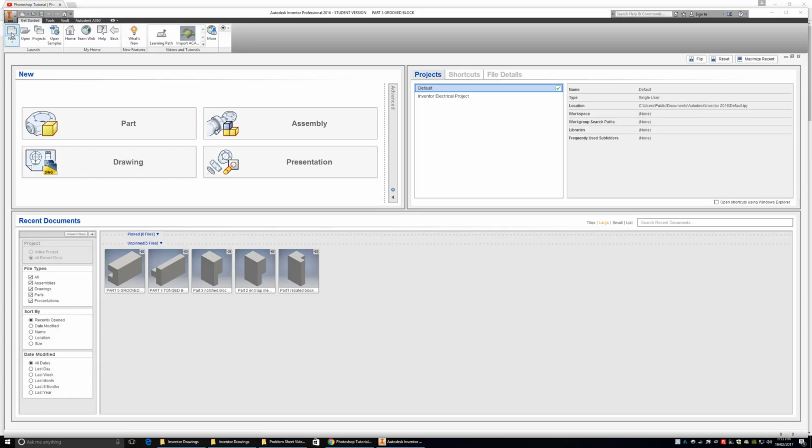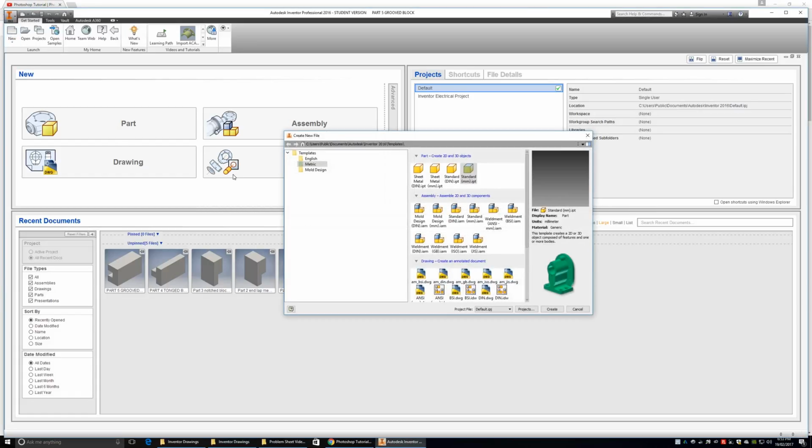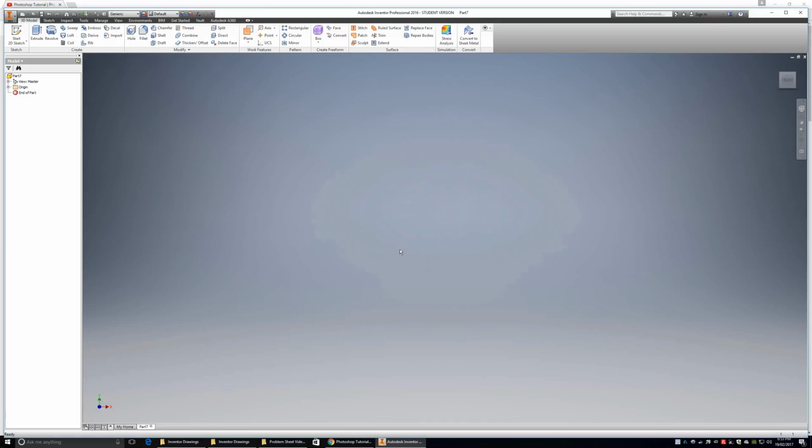So we're going up to the top left hand corner to New, Metric, Standard Part, Create. This process should now be becoming very, very familiar to you. You end up with our drawing block. Going to create a sketch, a 2D sketch. So start 2D sketch, selecting a plane. In this case, we're going to select the XZ plane,